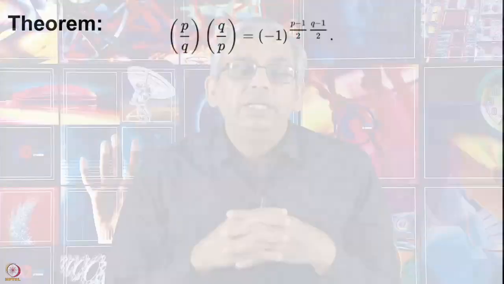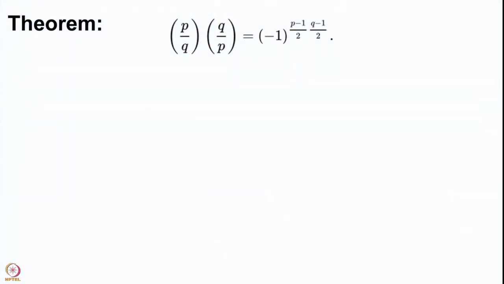So, we have proved Gauss lemma in the last lecture. In this lecture we recalled it and also used it to compute the Legendre symbol of 2 by p. Now, we go towards the main proof of proving the main quadratic reciprocity law, which is here in front of you in the slide. So, the reciprocity law says that the product of the Legendre symbols for p mod q and that for q mod p is (minus 1) to the power (p minus 1) by 2 into (q minus 1) by 2.